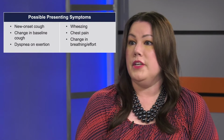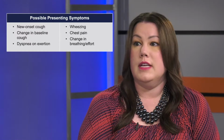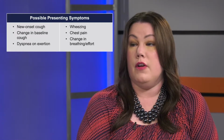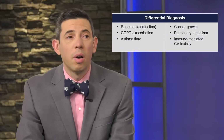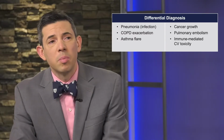Pneumonitis is a potentially serious and life-threatening toxicity. Fortunately, it's not super common, but when it does happen, it's important that it's picked up in a timely fashion. A patient could present with new onset cough, change in their baseline cough, dyspnea, wheezing, chest pain, change in breathing or effort. The differential diagnosis here, unfortunately, is quite broad and includes pneumonia, a COPD exacerbation, oftentimes seen in smokers